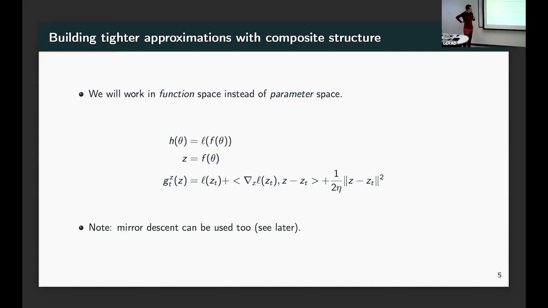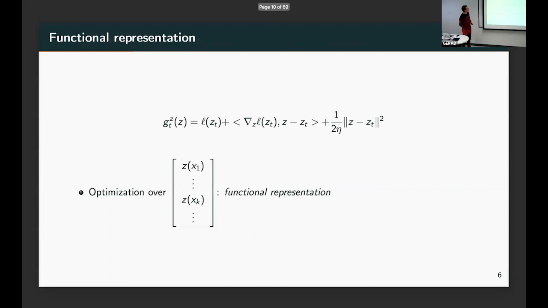Okay. Yeah, same thing. We can also use mirror descent, so replace that quadratic term with some standard Bregman versions. Okay. So I'm going to assume I have a finite data set, and Z is basically the concatenation of the output for all of the data points in my data set. So if I have a data set of size n, and the output is of size k, this is an n by k matrix. And I'm going to do this on my training set. And we'll say, this is the matrix.